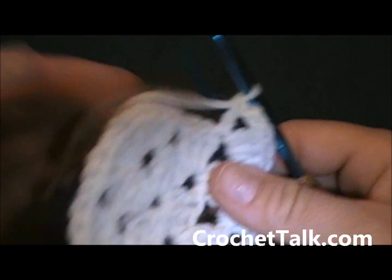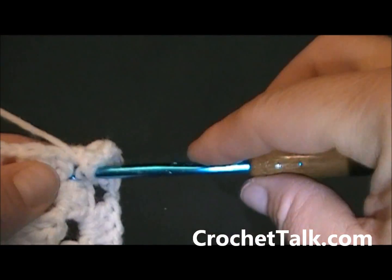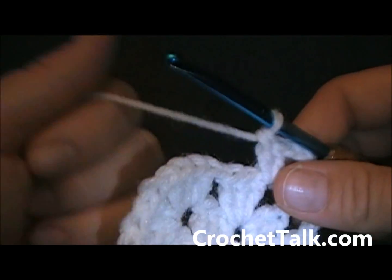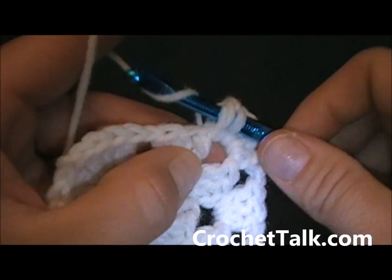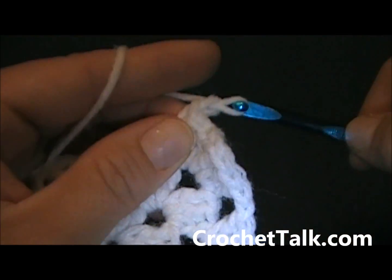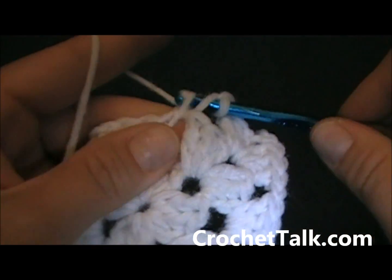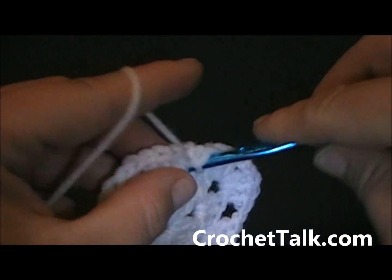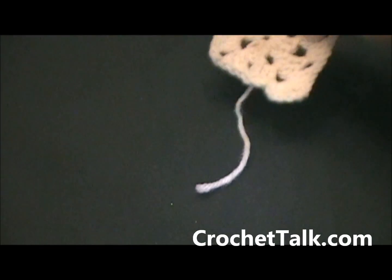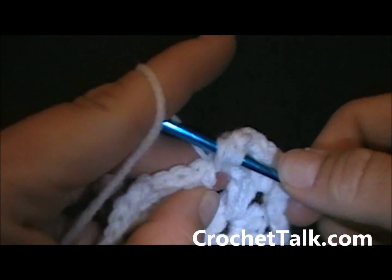There's 1, there's 2, and 3. Again, you're working the side, so you just want to chain 1, 3 double crochets in the next chain 1 space. There's 1, 2, and 3,